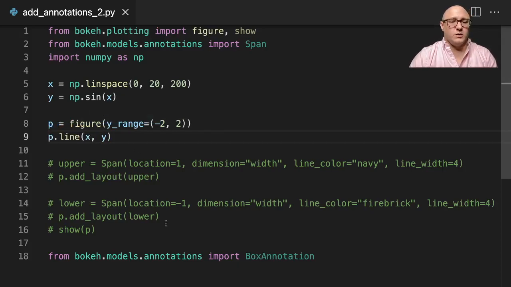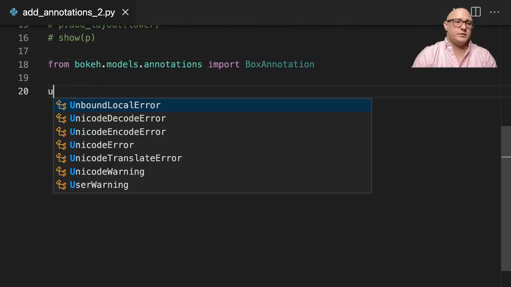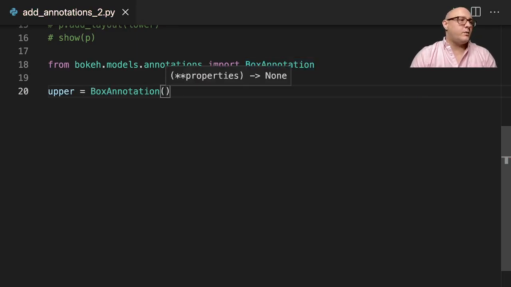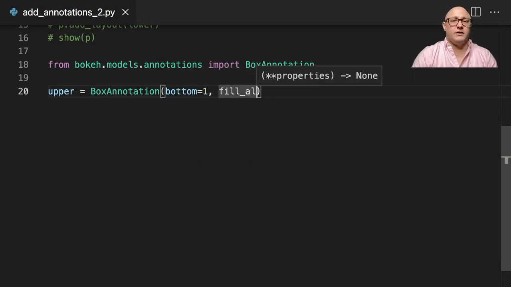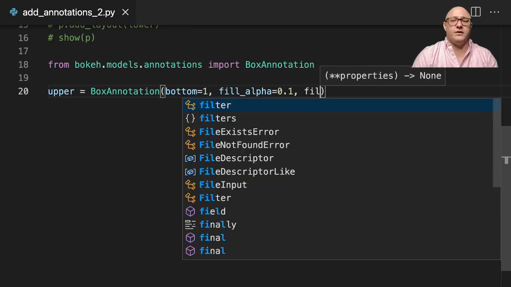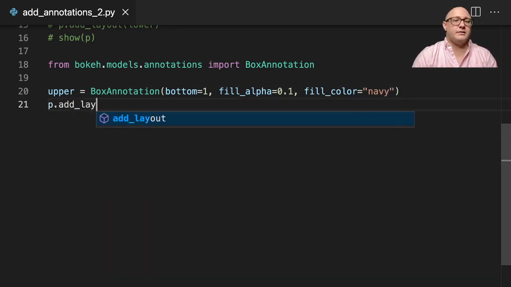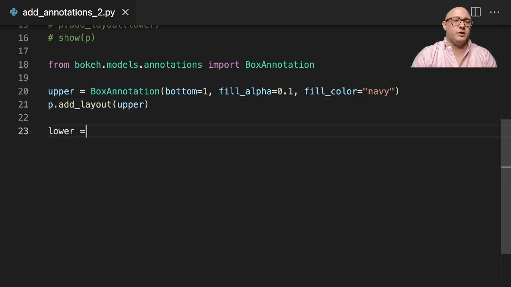And so then we'll go on and make our lower bound, our uppers and lowers again. So upper here is going to be a box annotation. We want the bottom here to be 1. The fill alpha here to be 0.1. The fill color here is going to be that nice navy color. P.add_layout upper, and then we're going to do the lower